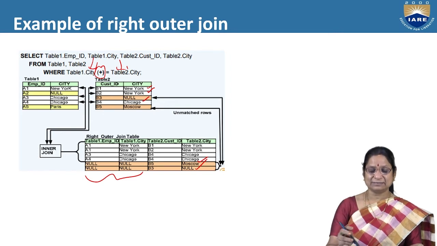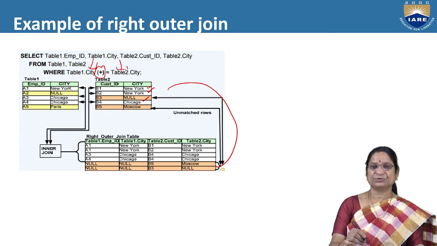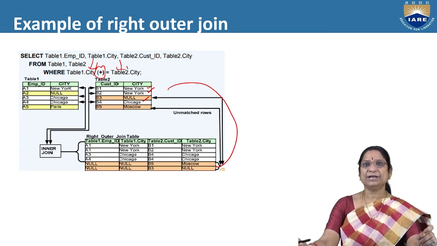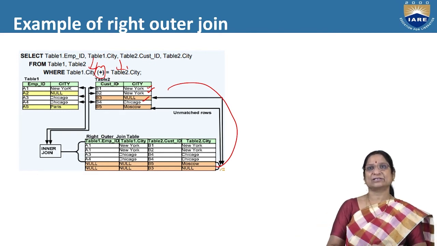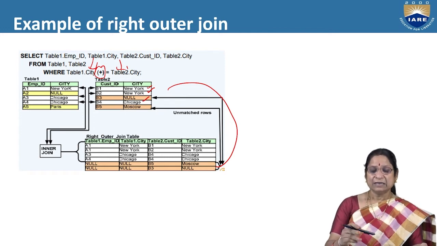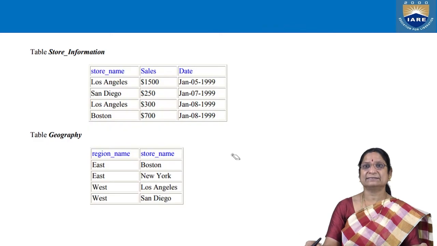That's why, these are unmatched rows. These two are unmatched rows, which are included from table 2. There is no matching for table 1, no? So, we are including the respective columns as null actually. So, both can be used too. Full outer join we will call it as such. Both sides also we can use.